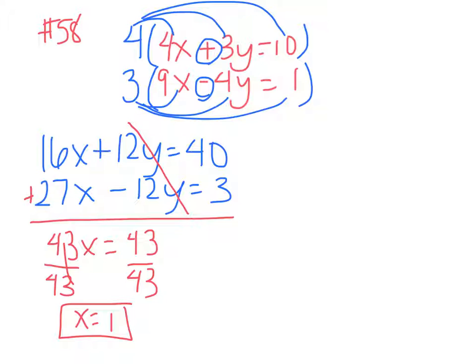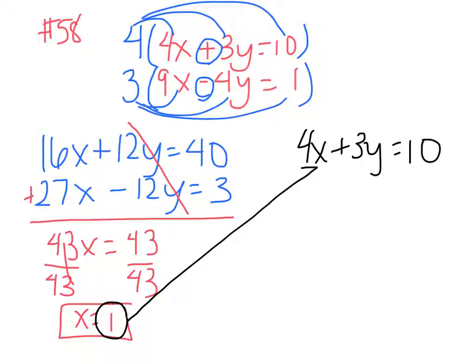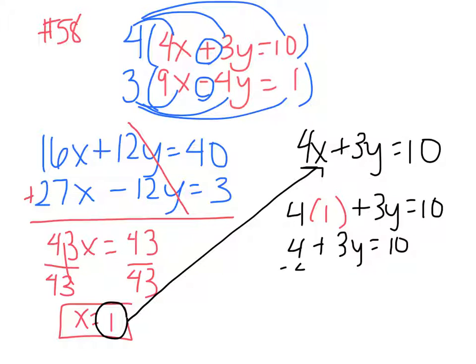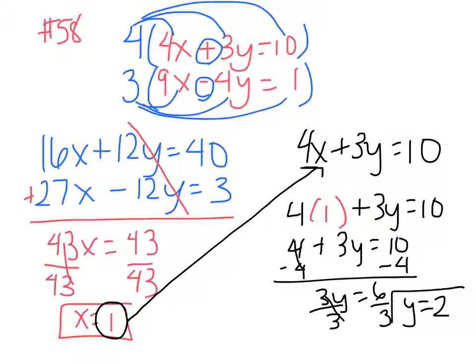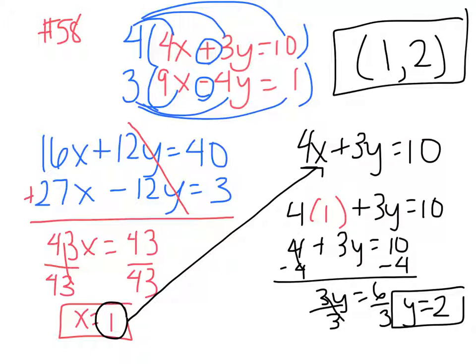Now we're going to plug it back in, and I'm going to plug it back into one of my original equations. I'm going to rewrite the top one down, and now instead of x, I'm going to plug in a 1. So we'll have 4 times 1 plus 3y equals 10. So 4 plus 3y equals 10. Subtract 4 on both sides. 3y is now equal to 6, and we can divide both sides by 3. So y is equal to 2. So our ordered pair is 1, 2. And again, you're looking to see what can eliminate. We're going to do one more example,